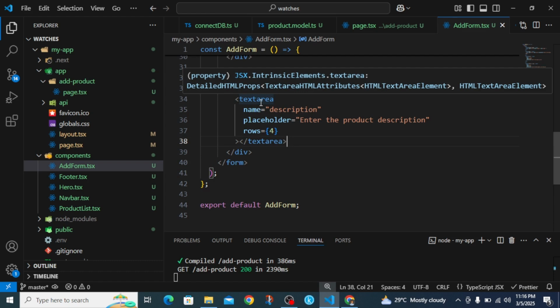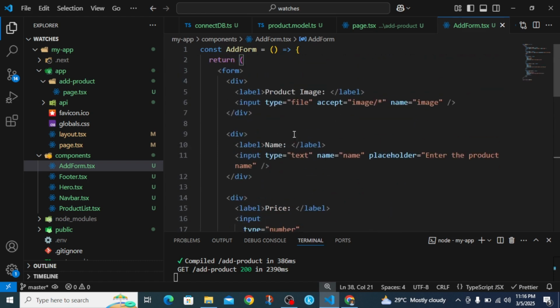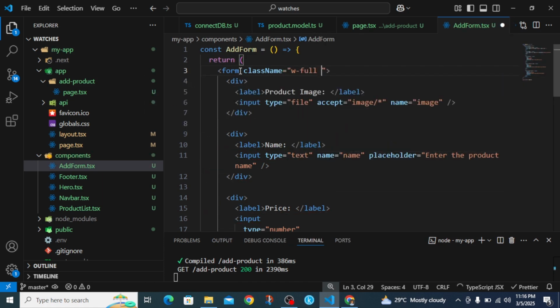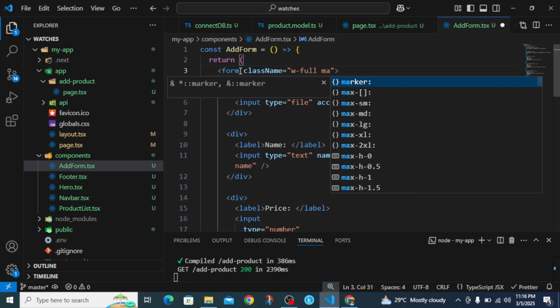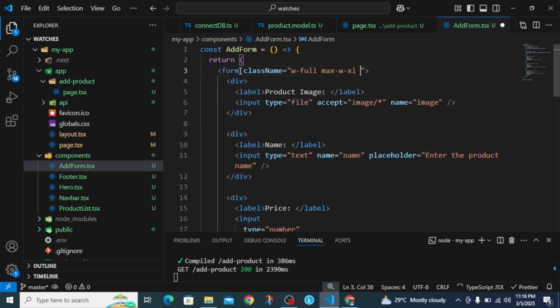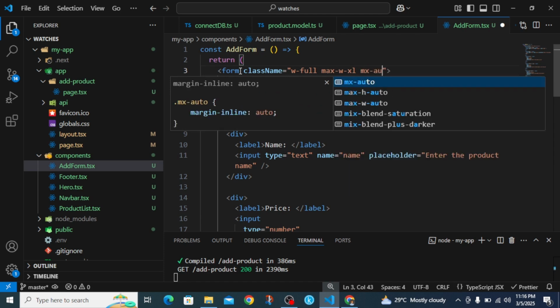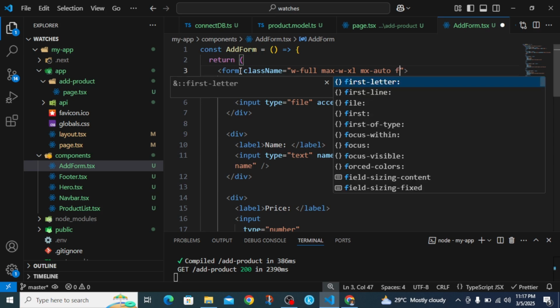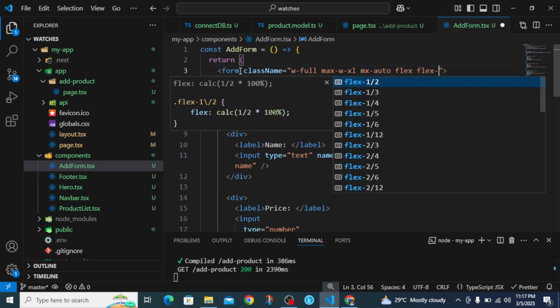the form tag. We are going to give it a full width. So let's go to the form tag here. Give it a class name of width of full, and a max width of, let's say XL, max-w-xl, then mx-auto to start to be at the center, and then you can make this flex a flex of column,